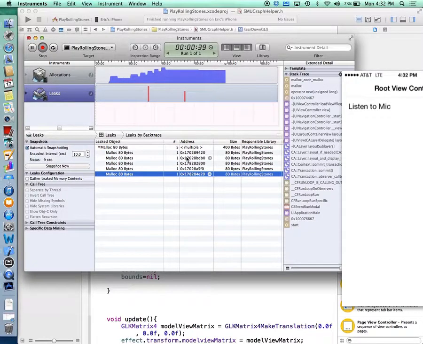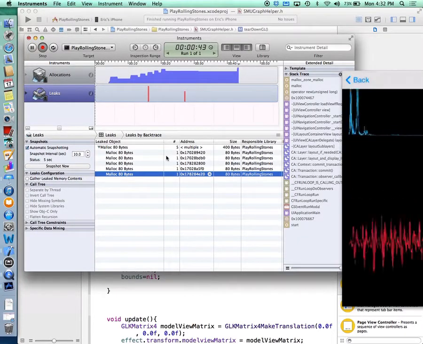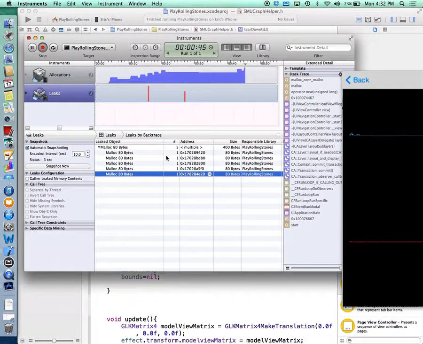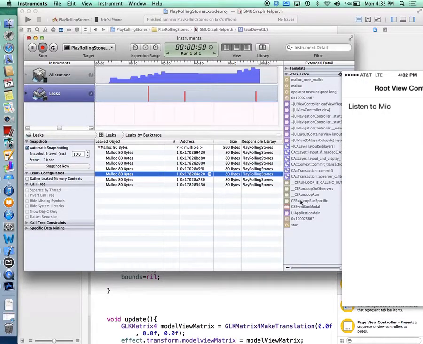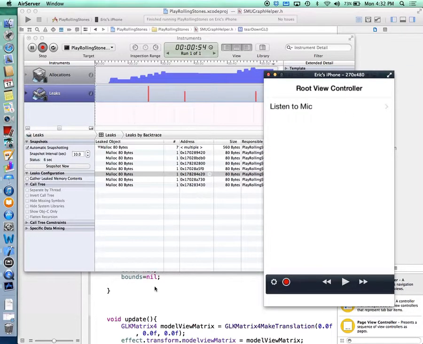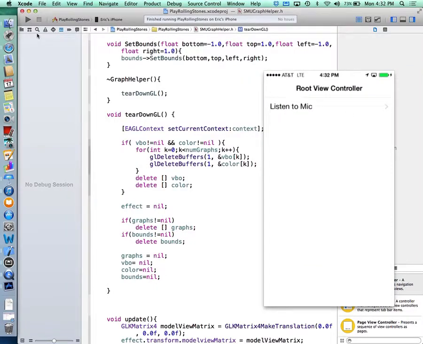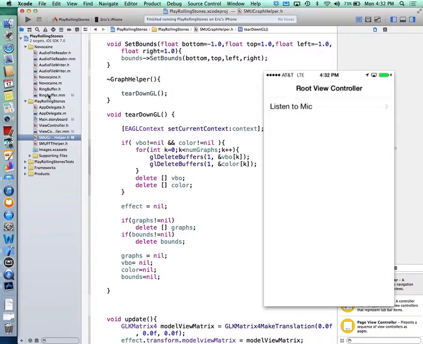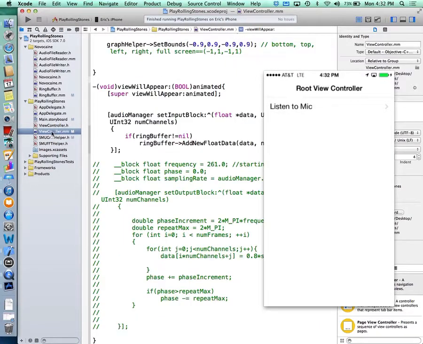Oh, there's something else that I'm losing. It's inside of Play Rolling Stones. I'm losing 80 bytes every single time I go back and forth here. Is it the copy of the buffer? Oh, let's find out. What do you mean? Where? Like, where you copy from the file to